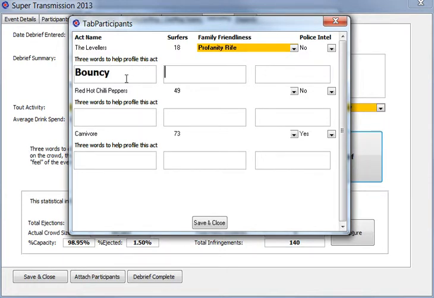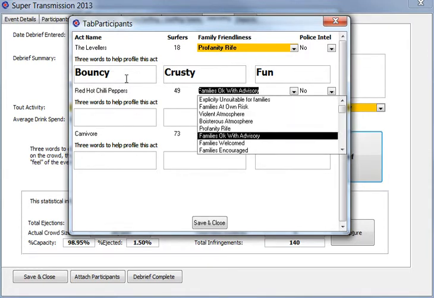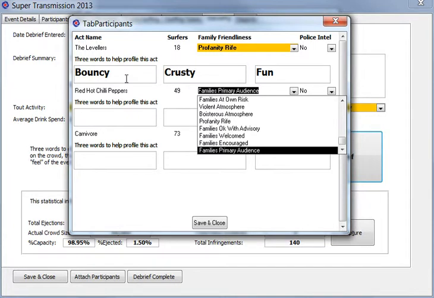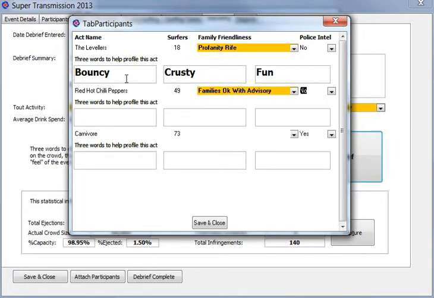Let's go with family's okay with advisory. 3 words to help profile this act. Seasoned. Okay, these are going to build up over time, so everyone's going to have different words and everybody's going to have a different idea of the sort of things to put in here.